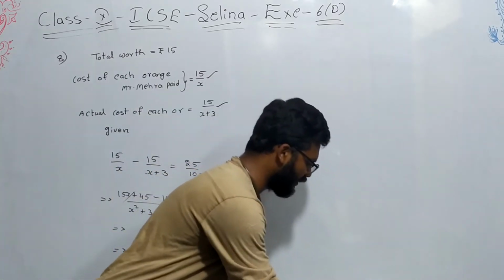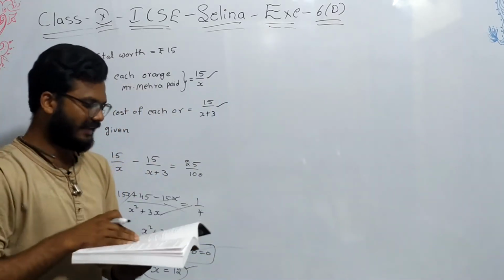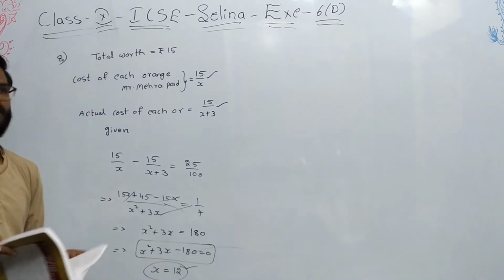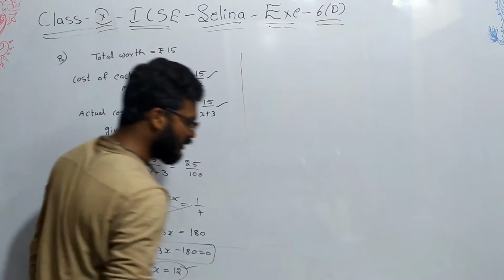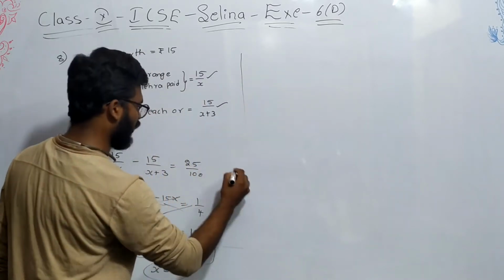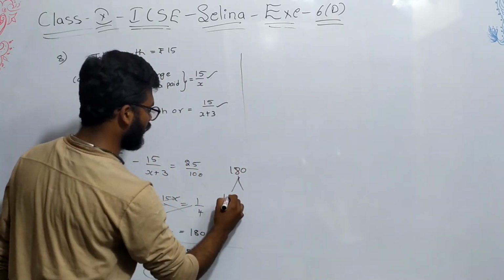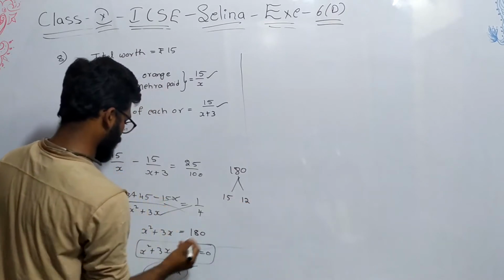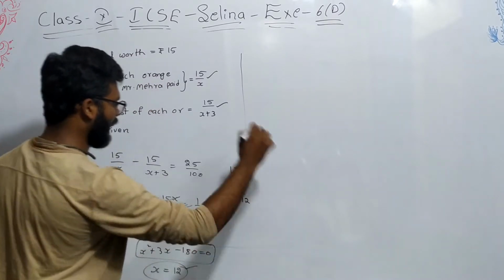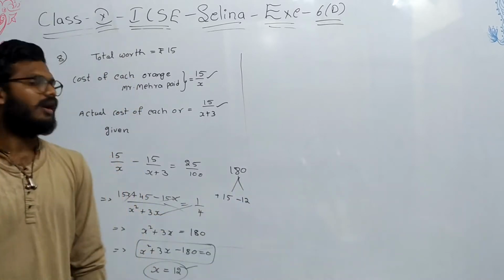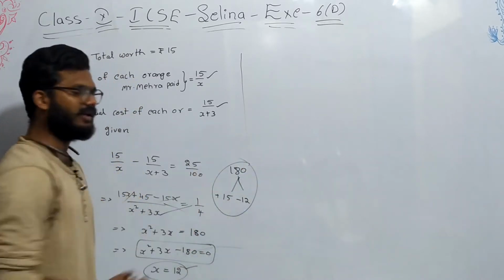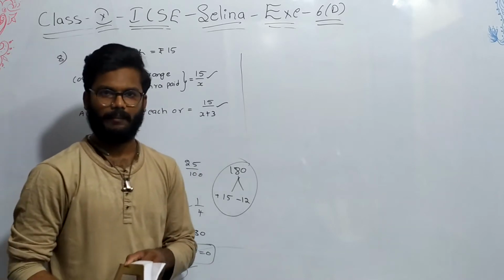Clear? See, you are asked to find x. So, x is equal to 12, right? Or else, if you want factors, the factors of 180 are 15 and 12, so plus 15 and minus 12. Or else, you can solve by using the quadratic formula. Next,